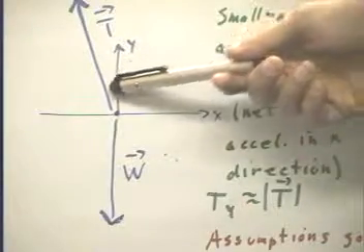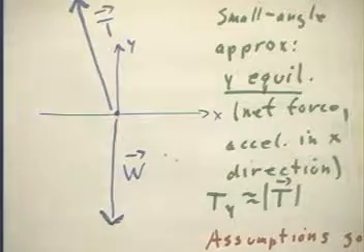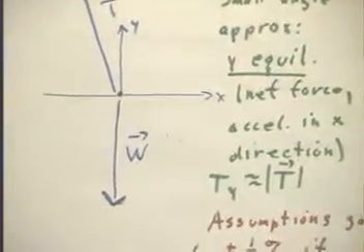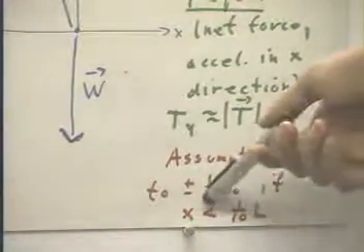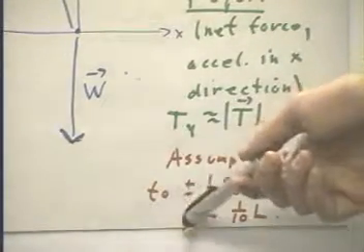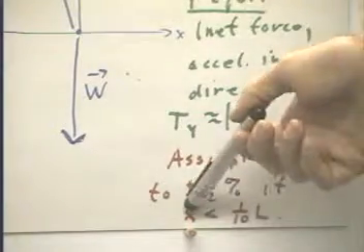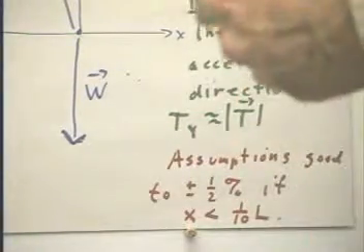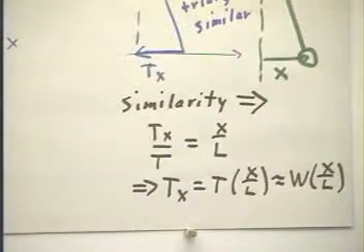The difference, the factor, is the cosine of this angle, and for small angles the cosine is very close to 1. All the assumptions we're making here are good to within 0.5% if x is less than 1/10 the length of the pendulum. That is, if the pendulum is displaced less than 1/10 of its length from equilibrium. Now when that is the case,